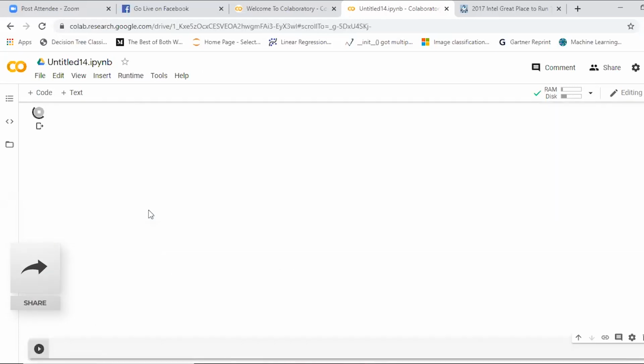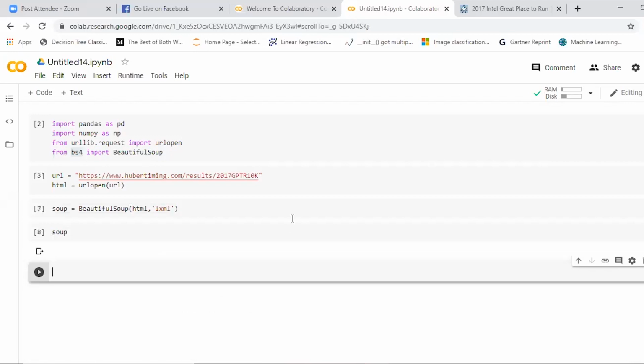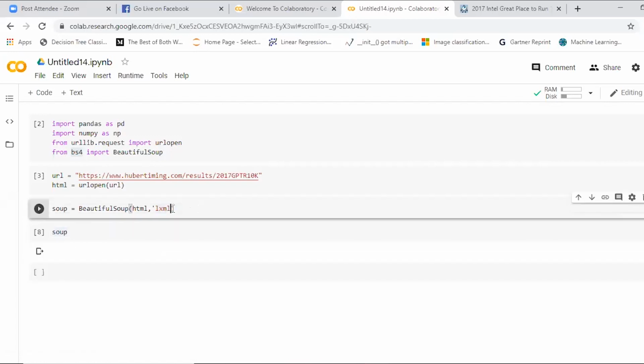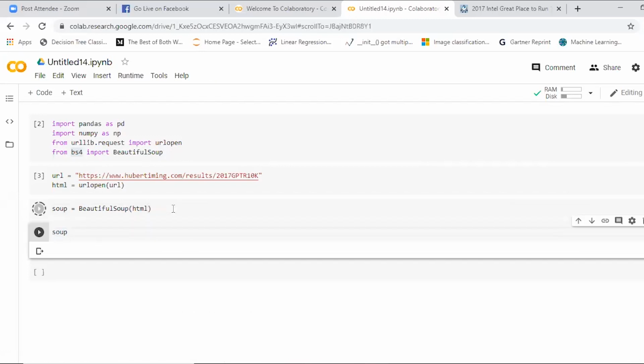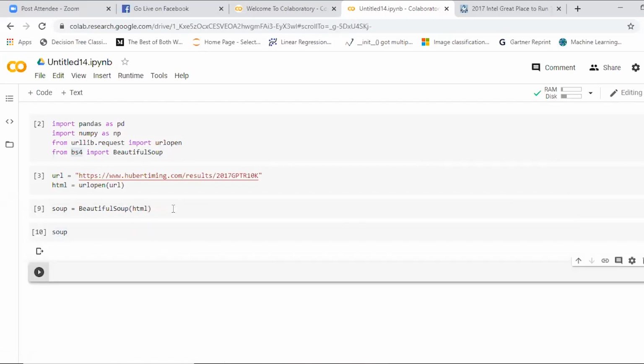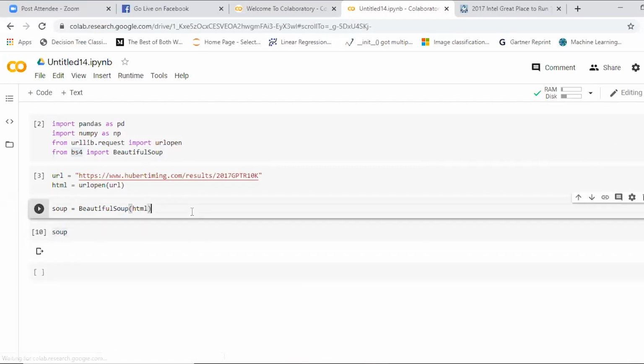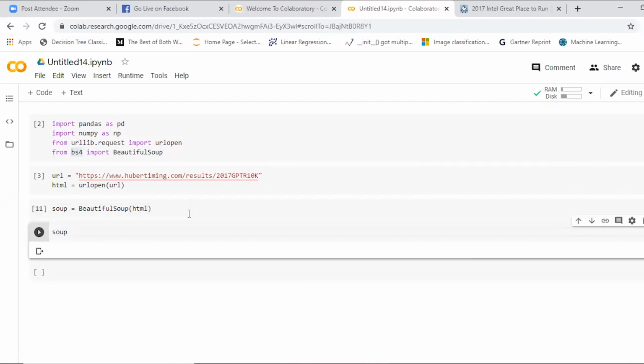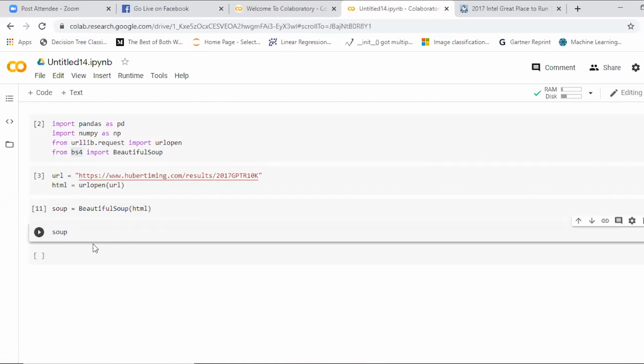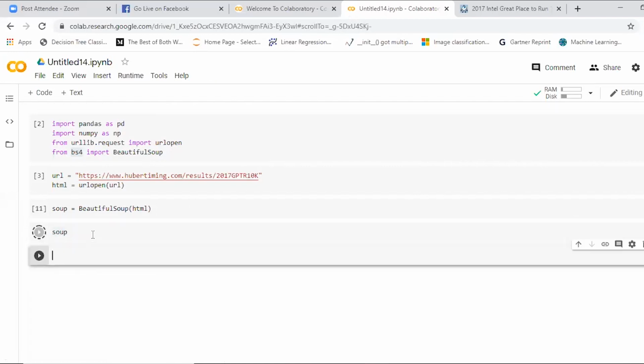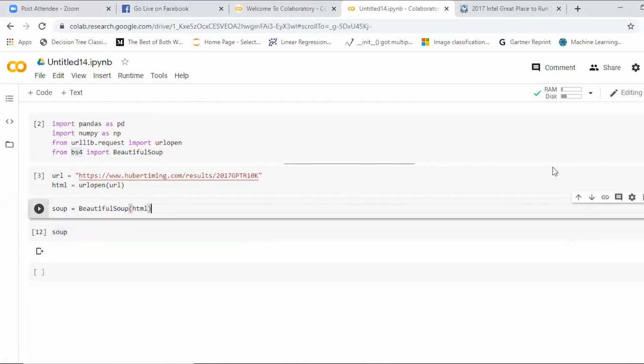Otherwise, you can directly give soup. See, just a minute. You can directly give html here. The format is, just a minute, it is able to retrieve the content. See, I'll execute once again. Is it clear till here? BeautifulSoup of html. Then the next step is we are trying to take out the content from Beautiful Soup.